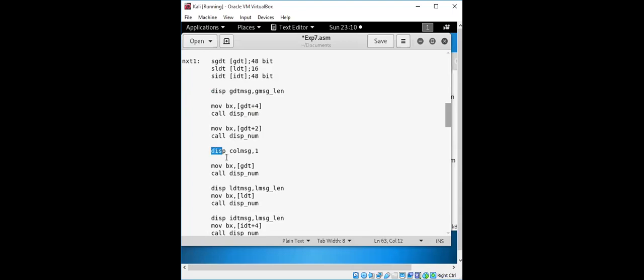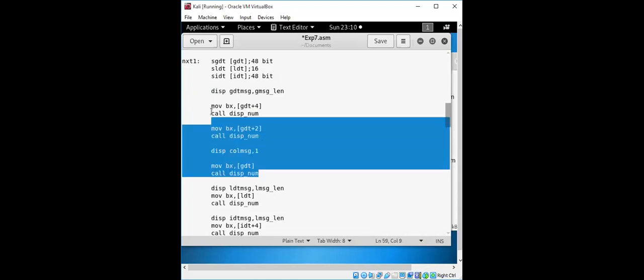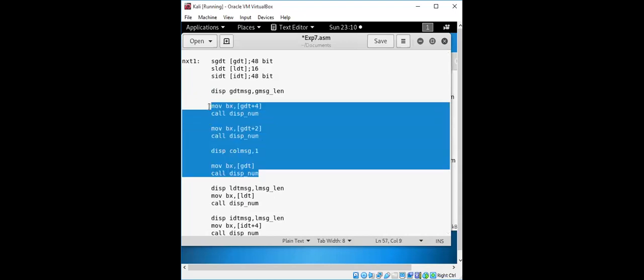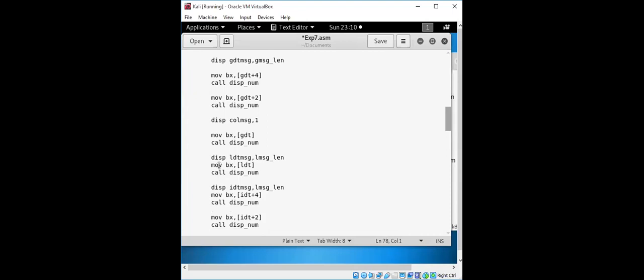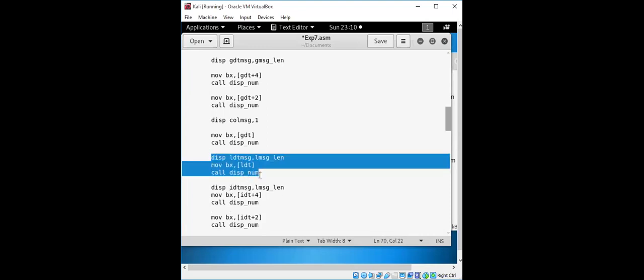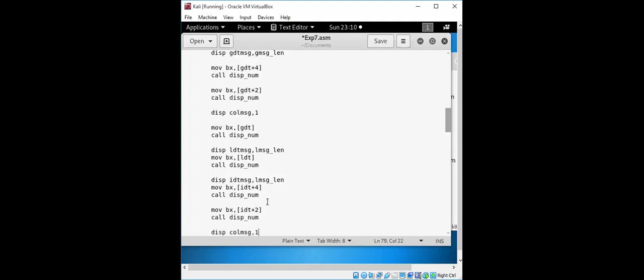Then we have done it for the colon, and this complete loop will be for the contents of GDT after displaying a message. Next, it will be for LDT, for which we can directly display the 16-bit value here. Next, it will be for IDT, and this will have a message length.